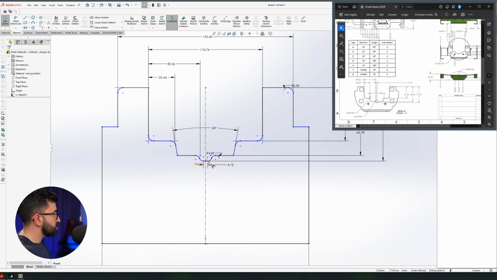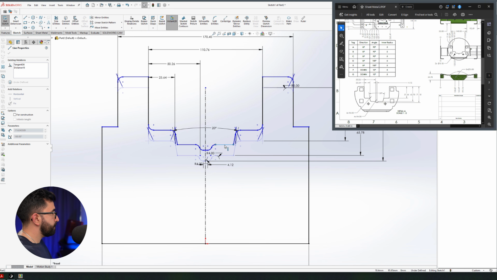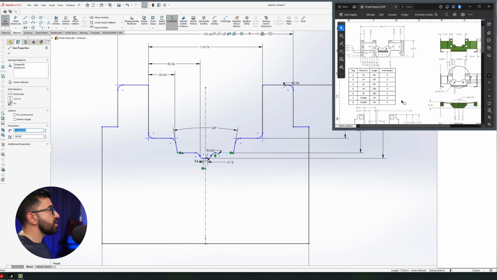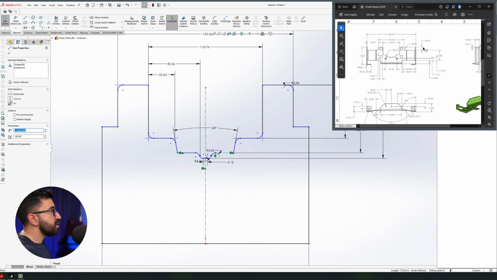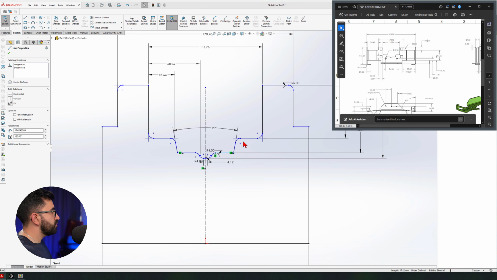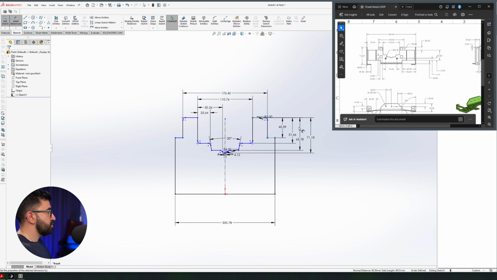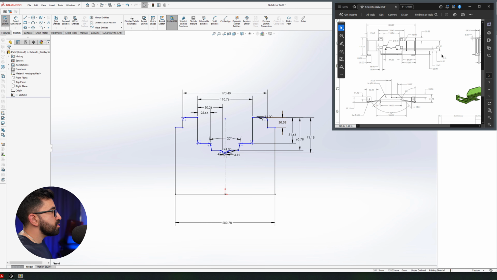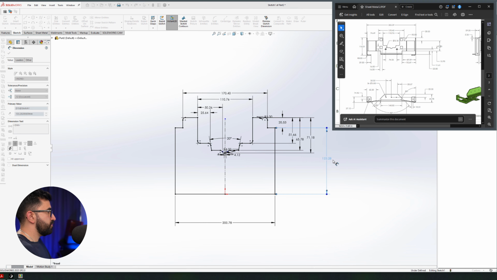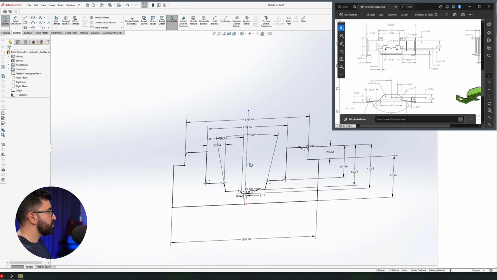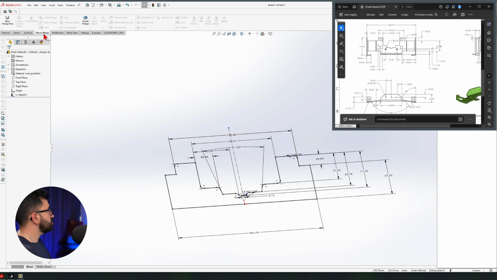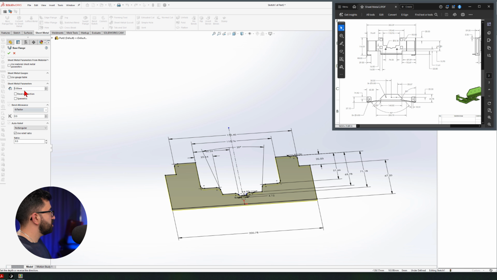And let's see why it's not fully defined. Oh, that's the height. Okay, so for the height, I go here and I see a value here, 20.53, which is here to here. 20.53, and the total height from here to here is 67.20, and it's fully defined. All right, so I'm gonna go ahead and find sheet metal tab, base flange, thickness 3, that's fine, and click